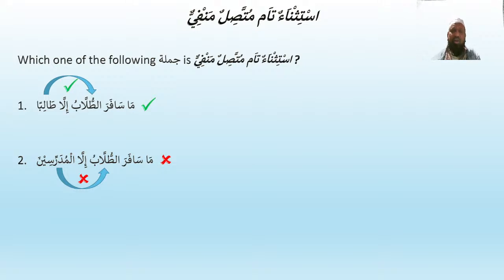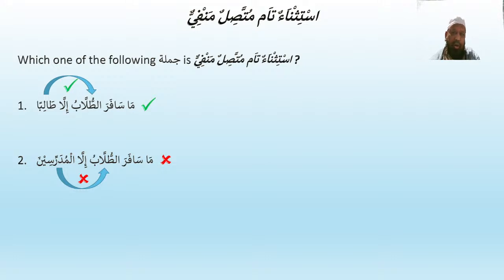So, ishtaraytul kutuba illa, ready? Illa thawban. The word thawb is cloth or clothes. Thawb, cloth. So is thawb part of kutub? No. So that is munqati'. So we are learning al-istisna tam muttasil manfi.